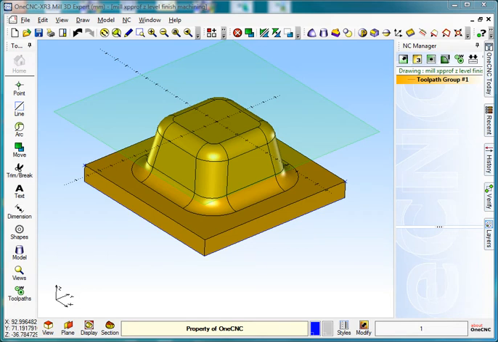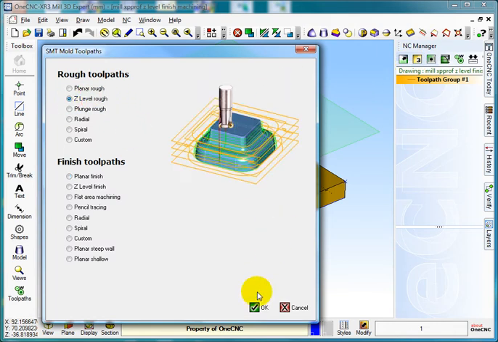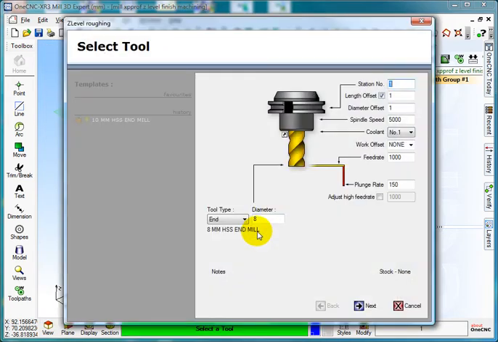As you can see on the screen, I've got myself a model on there which is in position. So if I go on to create a Z level roughing operation, select OK, and I'm going to stick myself a 20mm mill, tool number 1,